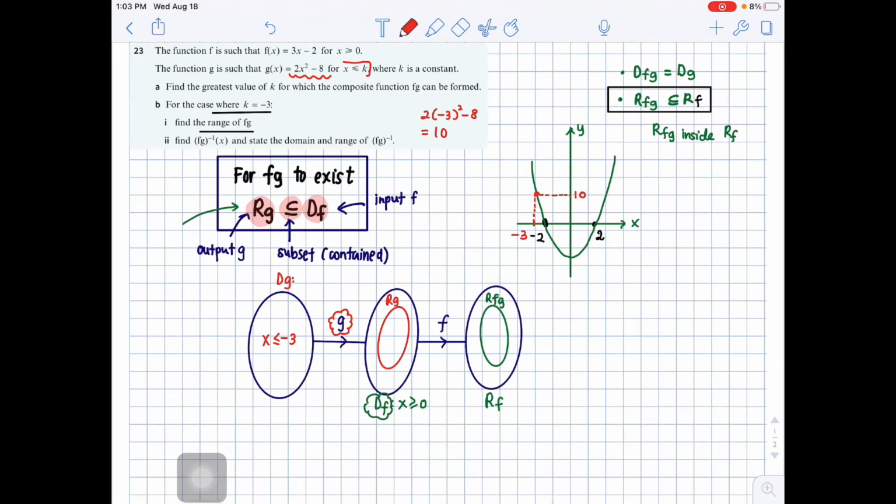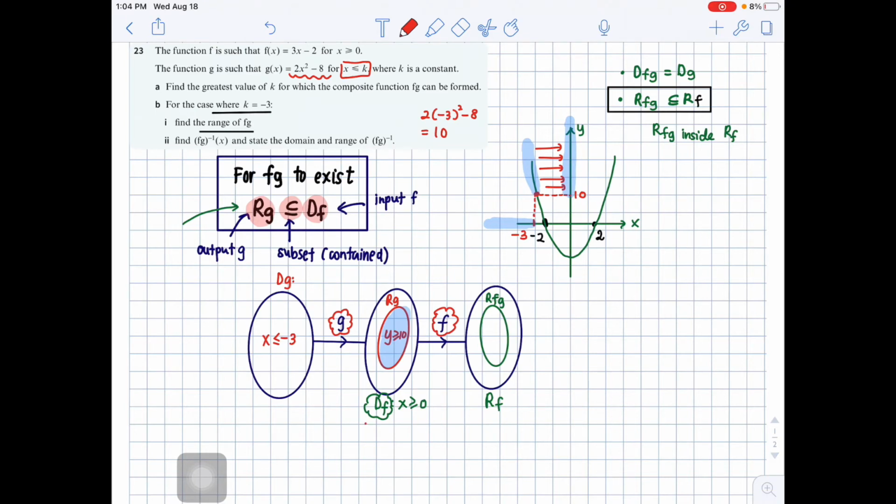Question says, please take x value that is lower or equal to negative 3. Where is that? Here. So for this portion of the x, this part of the graph is defined. Therefore, what are my possible y values? 10 and greater. So you take 10 and greater and you write it into this 10 or greater. Let me shade this with blue color so you can see. So the lowest value that you can now put into your F is 10.